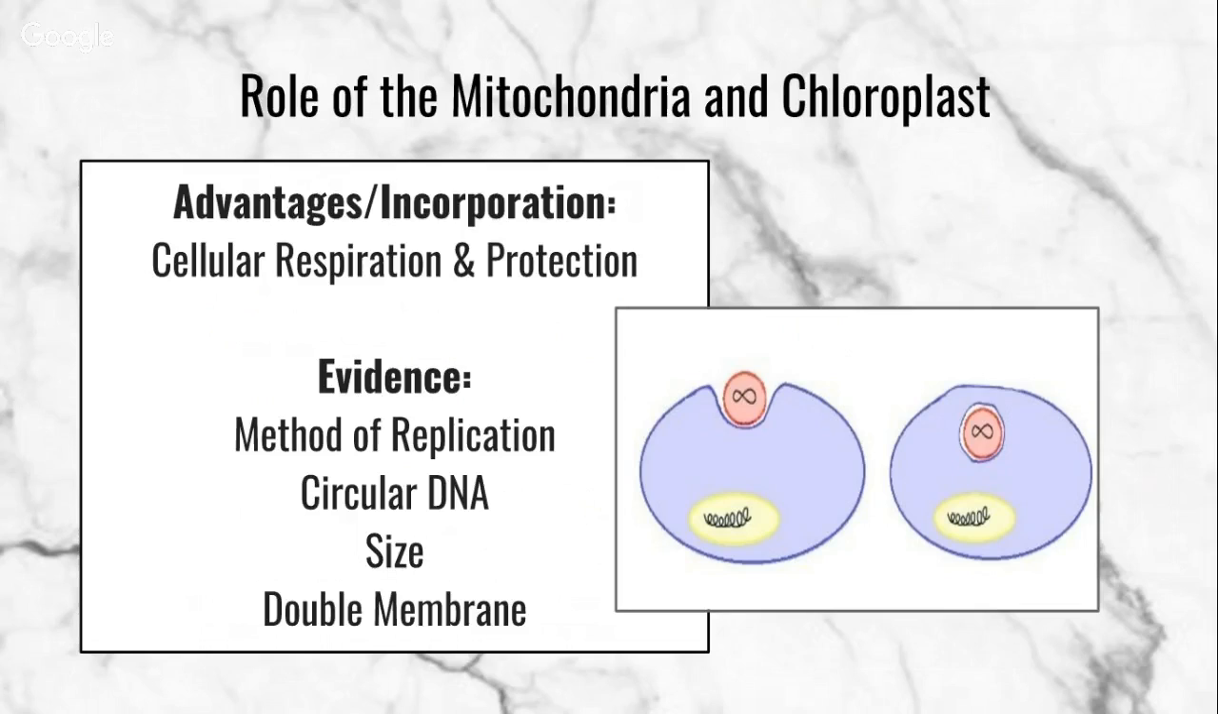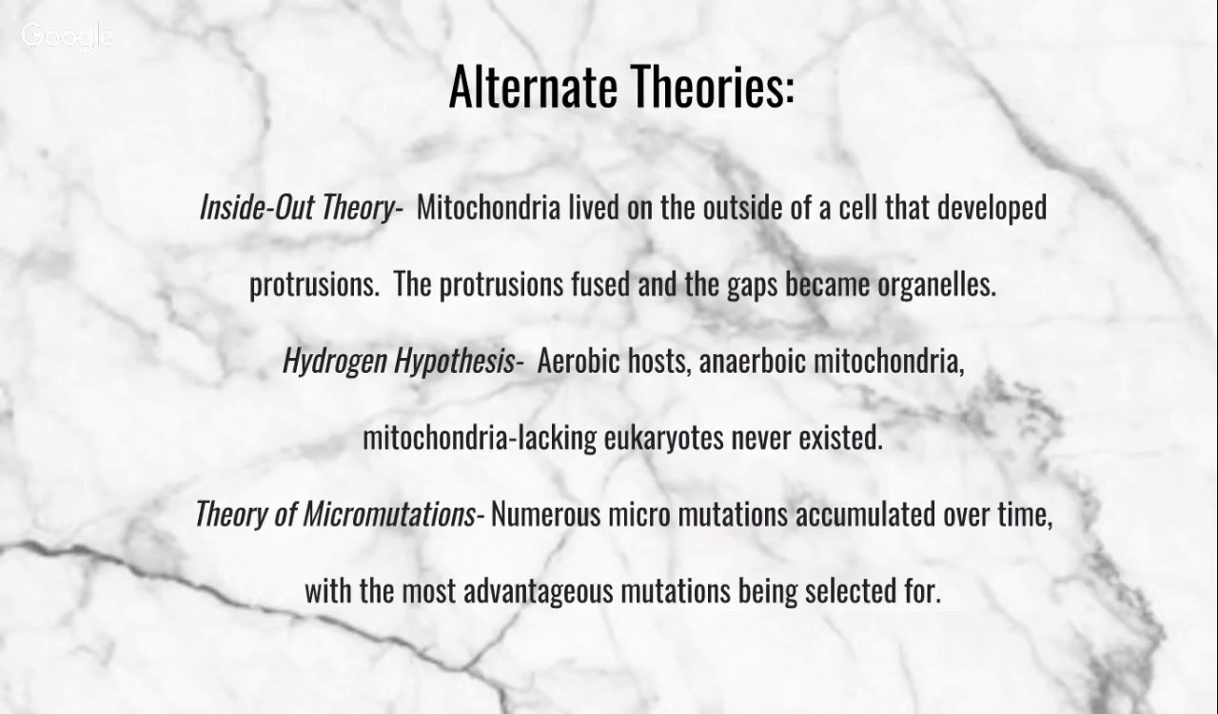You can see in this picture the organelles had their own red membrane, and when they were enveloped into the cell, they gained another membrane, which is the blue one that you see in that picture. This provides most of the evidence for the endosymbiotic theory, but of course there are alternate theories regarding the evolution